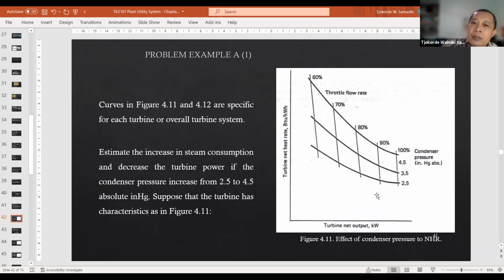And then the turbine net output. The higher the turbine net output, usually the lower its efficiency becomes. What does this one mean? Throttle flow rate. This one is a little bit confusing. Anyway, let me put it this way. The higher the turbine net output is, it requires